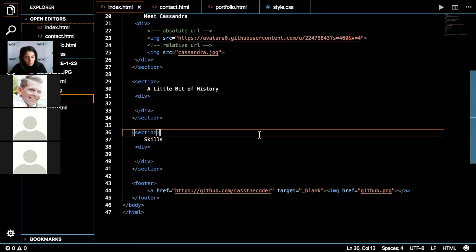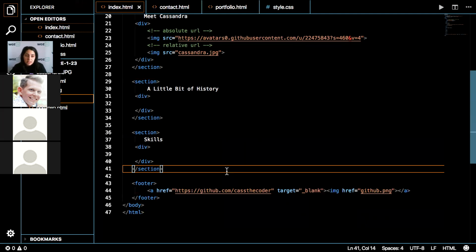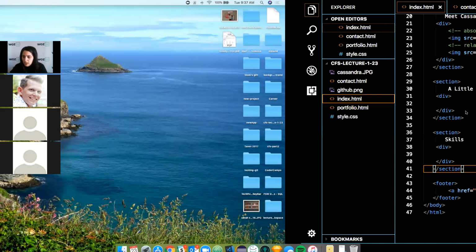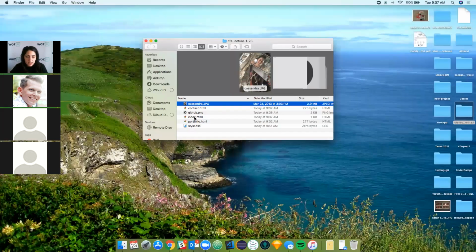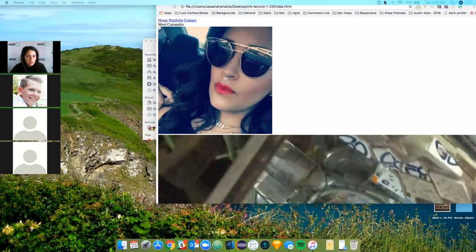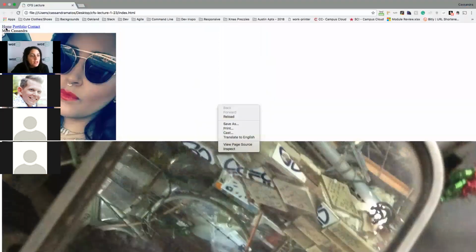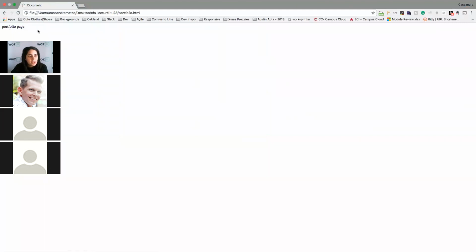Okay, so now if we save all of that and we open this in a browser, we can see that. So let's go ahead and open this. So I'm just going to click on my index.html. So here we have our page. Okay, we have our navigation. That takes us to the different pages. Now, if you notice, I can't click on any navigation here. I'd have to hit that.